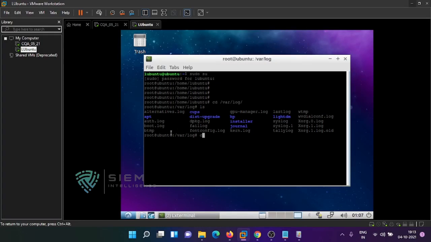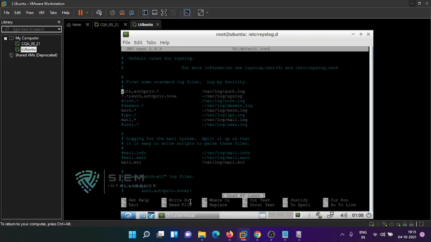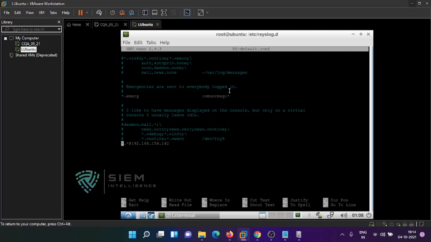See, there is an auth log. There's a boot log, a kernel log, installer log, syslog, and tally log. See, there are kernel logs, font config log, dpkg logs, and you can also configure whatever logs you want. These logs are interlinked in this particular file. See, this auth, auth-priv, all this data will go to the auth log. If you want, add .none. And we can also send entire logs by using star to any place. So wherever you want to send, see, like this.